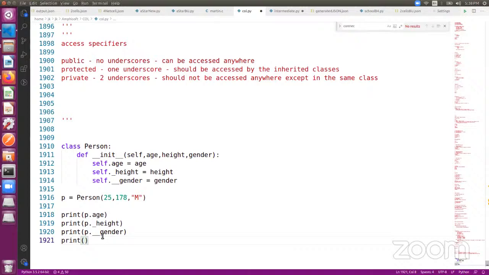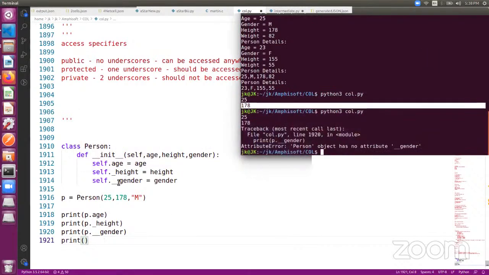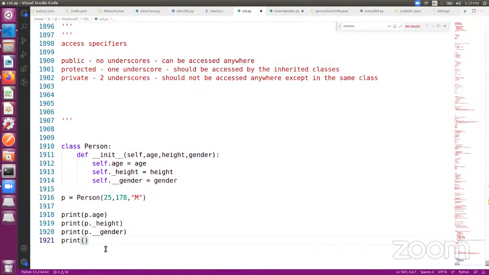See, actually, gender is a private variable, so Python is restricting access to the gender variable by simply telling that it is not present at all. It is an attribute error, telling that the object has no attribute called gender. Even though it is present, it will tell that it is not present because it is private. Now, how to access that is